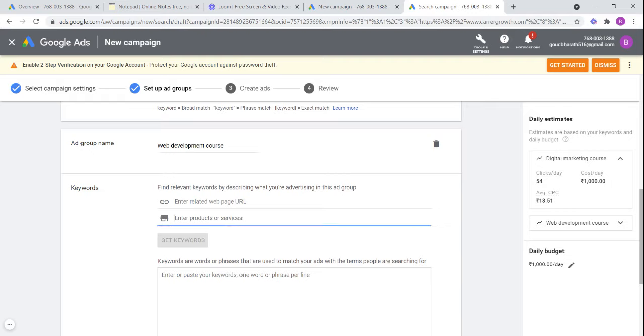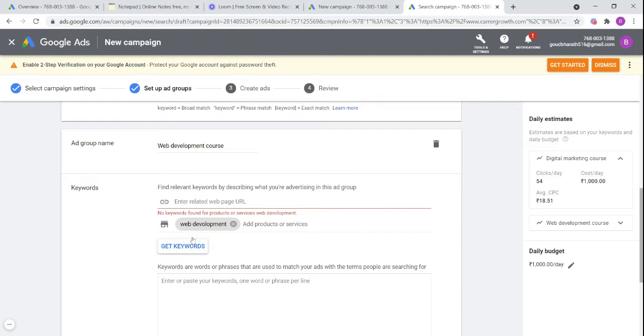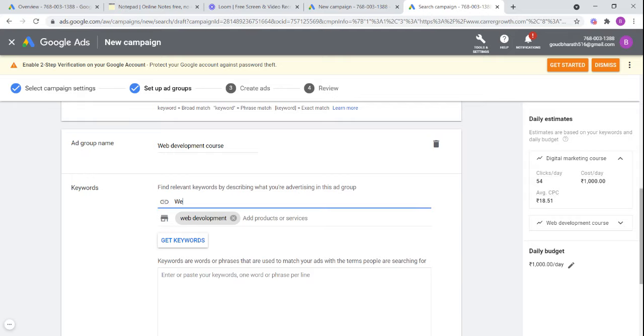I enter here web development. When you click on get keywords, it says no keyword found for product or service web development. Mm, I think I should go with web development course. Web designing course.